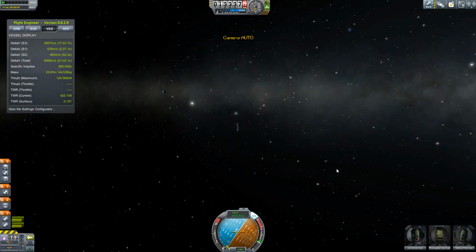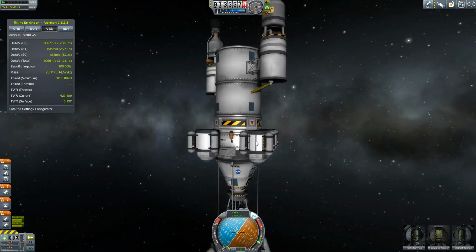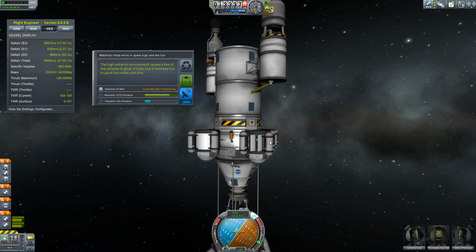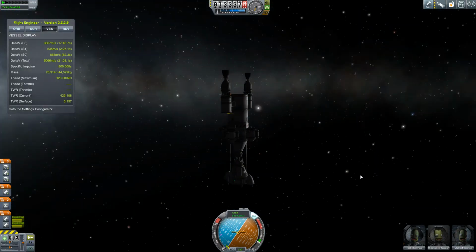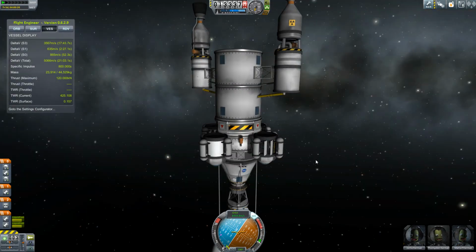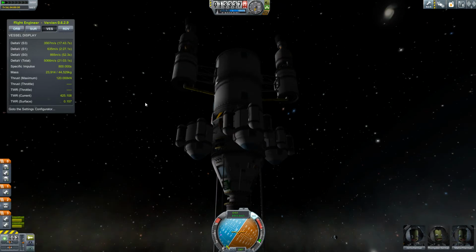For now, what I want to do is just come out here and actually do some science. What I want to do is what I missed last time. I missed the materials bay in high sun orbit. And we get a nice 275 from that, so make sure you guys do that when you get out here. Get that materials bay from interstellar space. And I think that's the only one we missed, really. I'm not going to take any of the other measurements unless, let me see, maybe...